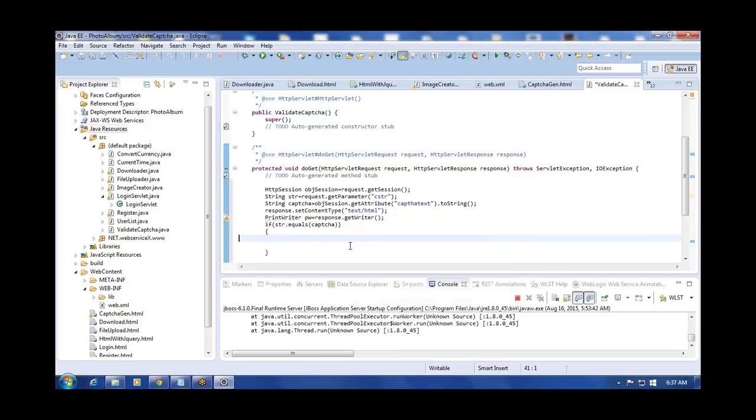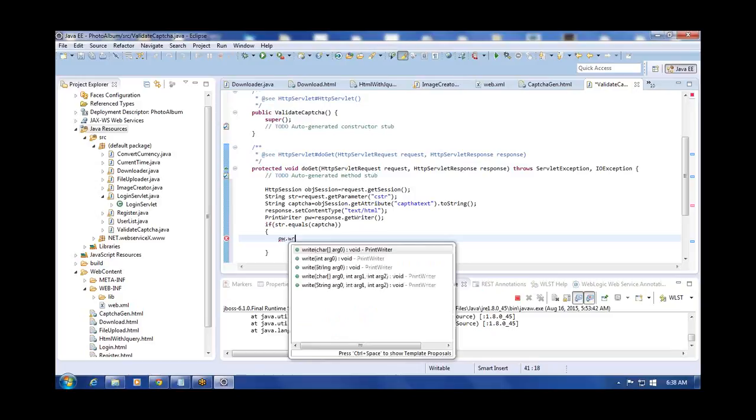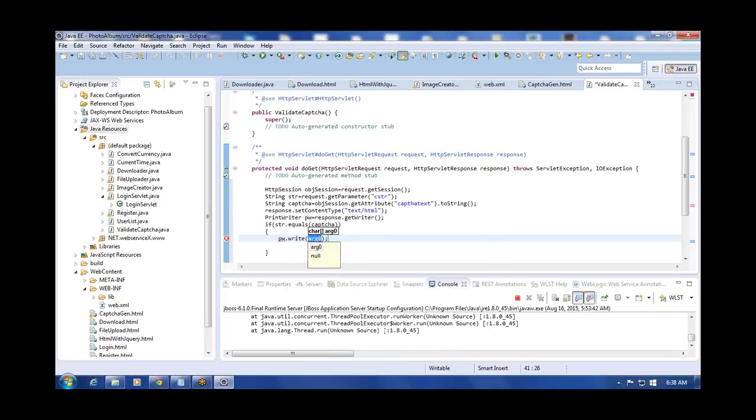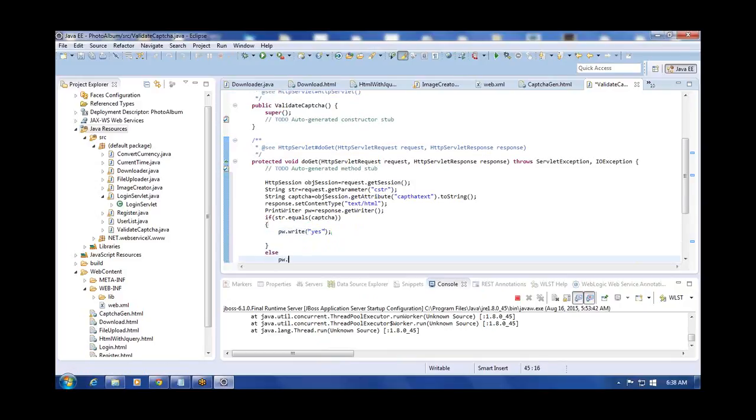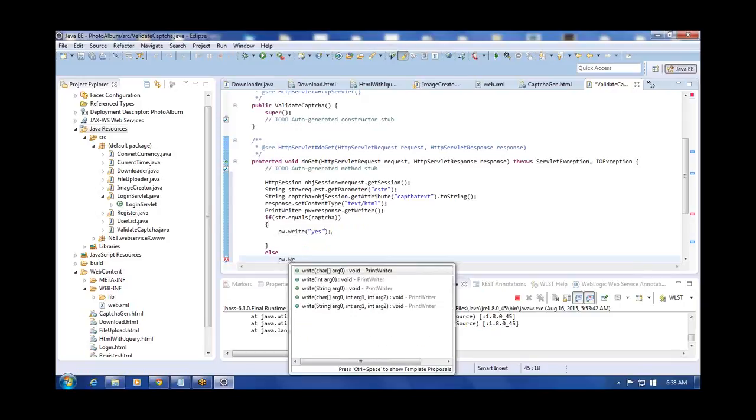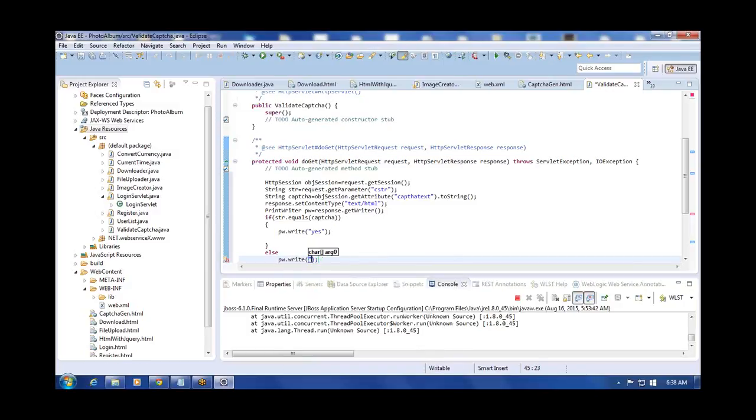Okay, we import that. If it is equal, in such cases we write it as pw.write. We just put a flag called yes. Otherwise you can write it as else. This one is going to be pw.write no. Put like this here. You can take write and you can put no in this. You can put no here. Instead of putting here print writer,